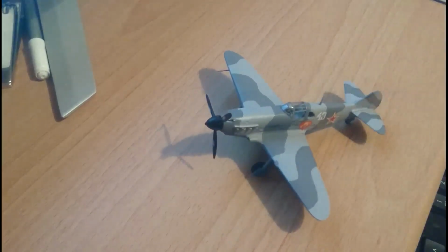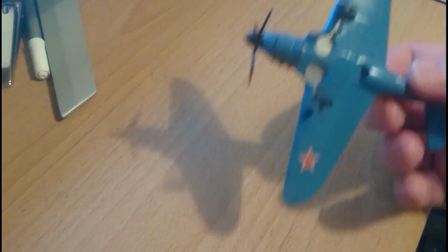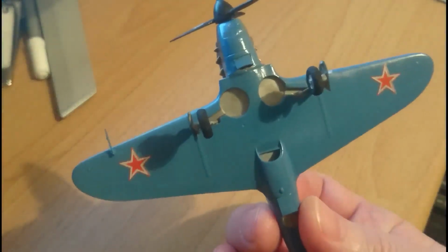There's a lovely shiny canopy. The interior on this kit is quite nicely detailed as well, as you'll see from the build progress video that I've done for this kit too. The upper surface's camo pattern was actually two acrylic Tamiya paints. One was sky grey and the other one was dark sea grey. Very easy to obtain, and the underside coat was actually a Humbrol colour, which is a medium